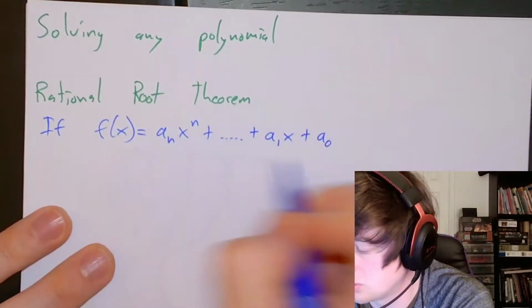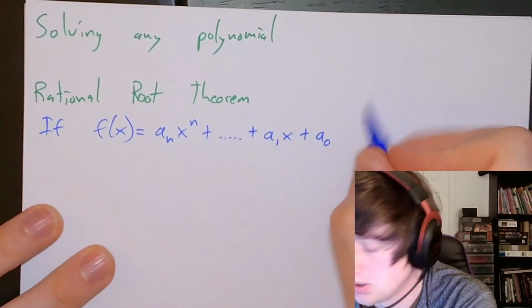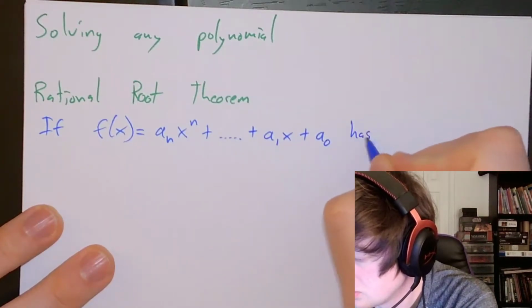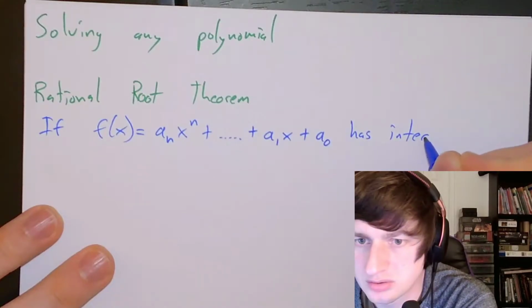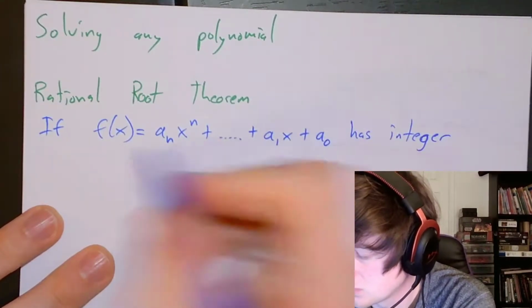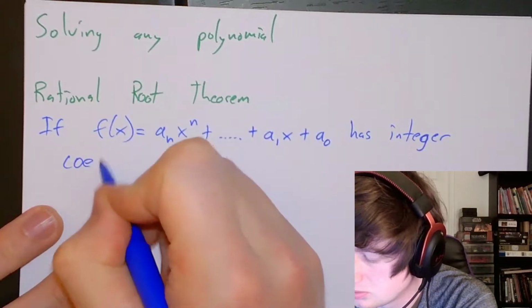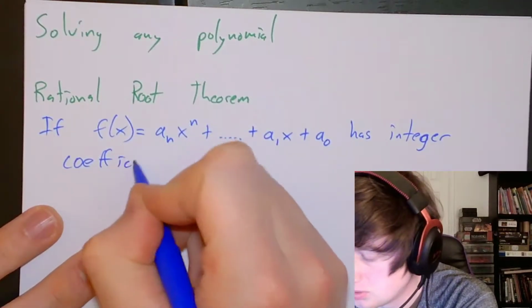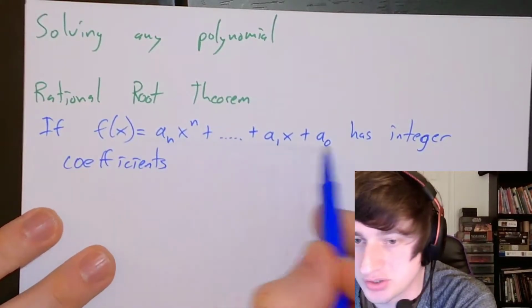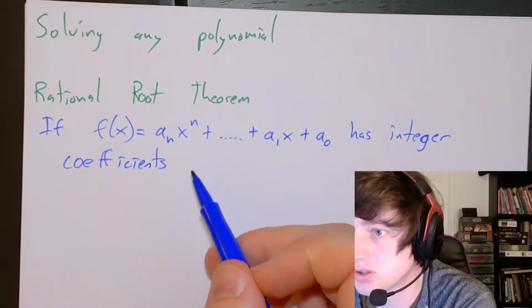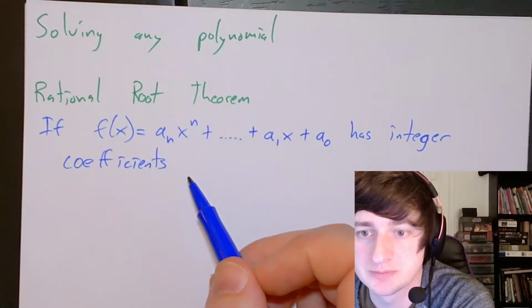So here's our polynomial, could be anything, has integer coefficients. So if all these a values here are integers, not fractions, not irrational numbers,